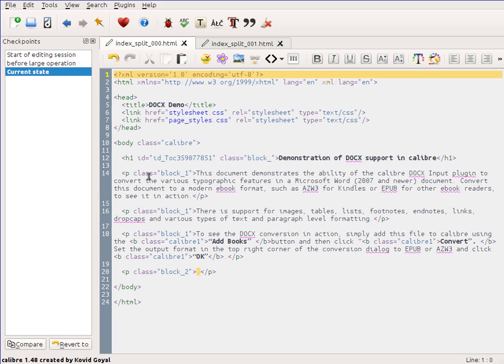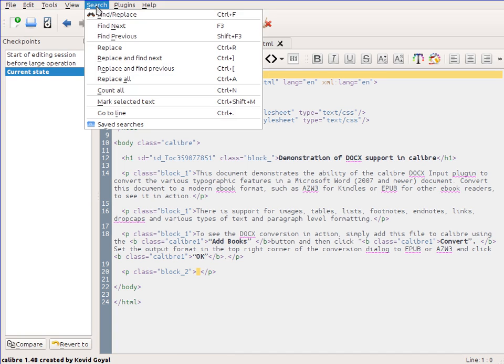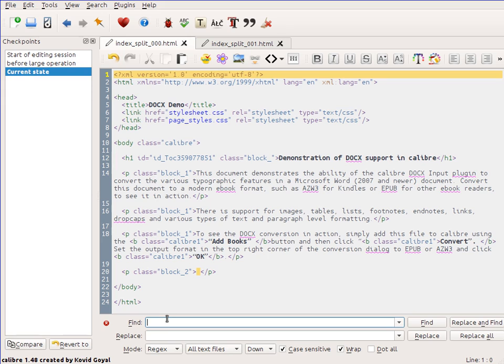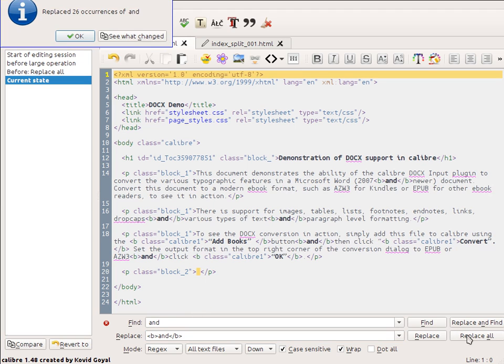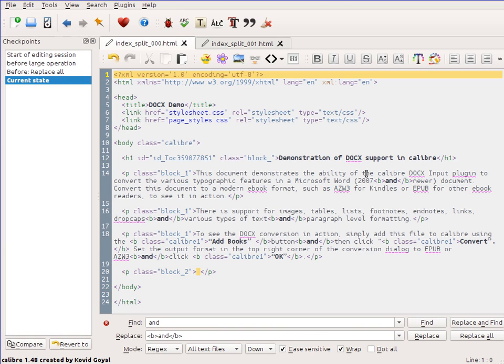Now let's do some large operation that we'd like to revert. So let's do a search and replace. Let's replace the text "and" with a bold version. And let's run the search and replace on all text files. So we do a replace all. We see that 26 occurrences of "and" have been replaced. And you do OK. So you can see that in the text files everywhere "and" has been made bold in